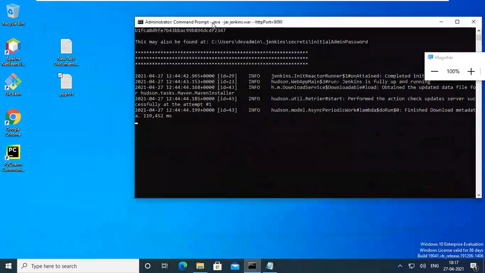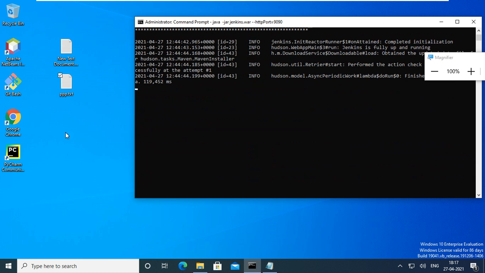We should not close it, even after the installation is completed. So here your Jenkins is running. There is also an option to make Jenkins a system service, so that when you start the system, the service starts automatically. But don't do that one. It will link to the services, and whether you like it or not, you must run the services. It is taking time.